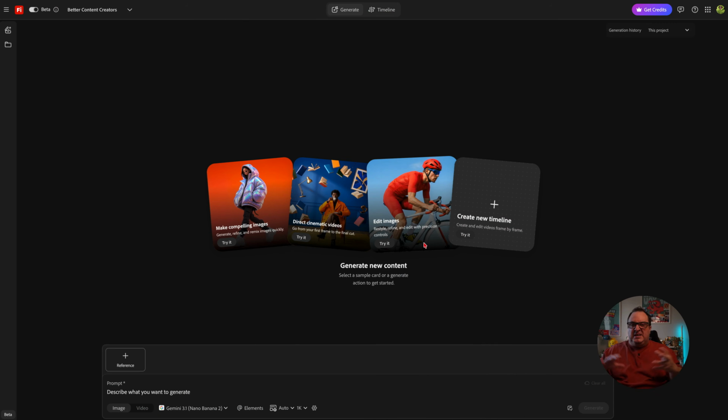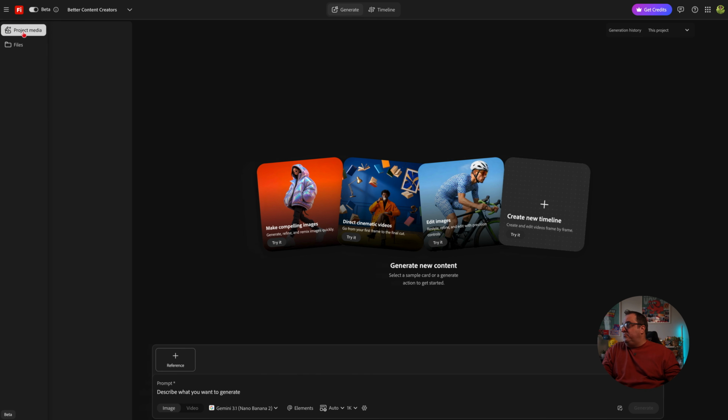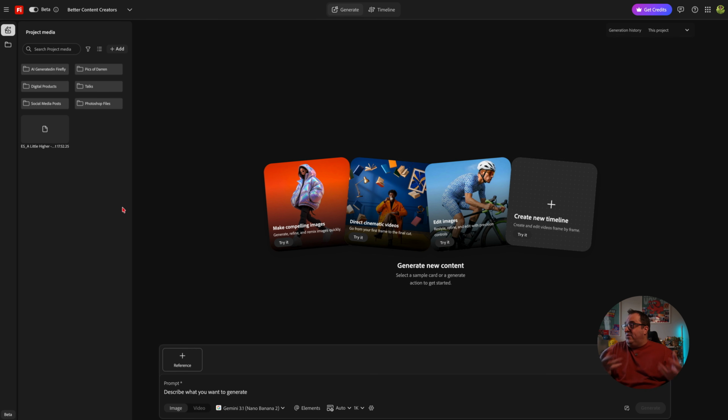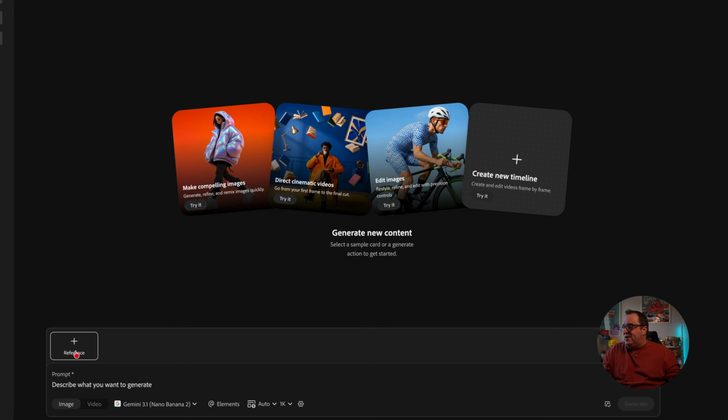Now, the last stop on this walkthrough of the Adobe Firefly user interface is the Adobe Firefly Studio. Now, this is currently in beta, so expect this to maybe look a bit different if you're looking at it in the future, but this is the Adobe Firefly Studio. On here, we can click on project media, so we can have all of that available to us. We can add in reference images, we can describe and add our prompt, we can switch between image or